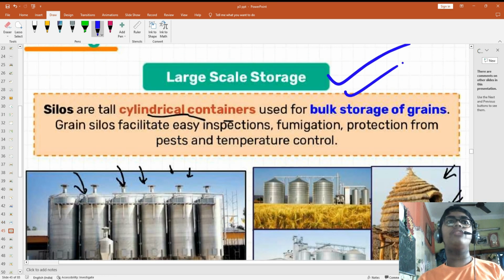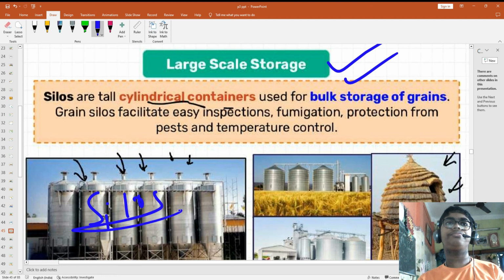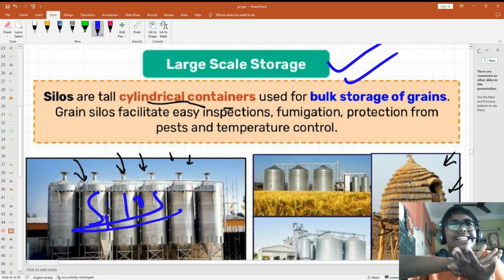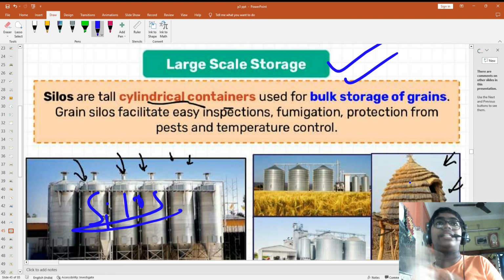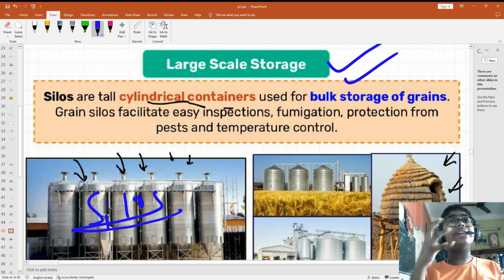Understanding the large scale storage, see, these are the silos. Silos are tall cylindrical containers used for bulk storage, large scale storage. बहुत सारा crop production होगा तो ये silos use होगा. Okay, grain silos facilitate easy inspection, fumigation, protection from pests and temperature control. ये silos टेम्परेचर का कंट्रोल करता है, जिससे कोई ऑर्गेनिज्म उसमें ग्रो नहीं करेगा, और इसमें टाइटली क्लोज होता है, सो नो ऑर्गेनिजम्स कैन अटैक ऑल्सो। ऑल्सो टेम्परेचर जब कंट्रोल करेंगे, फ्यूमिगेशन करेंगे, इंस्पेक्शन करेंगे, जर्मिनेशन विल ऑल्सो नॉट हैपन।